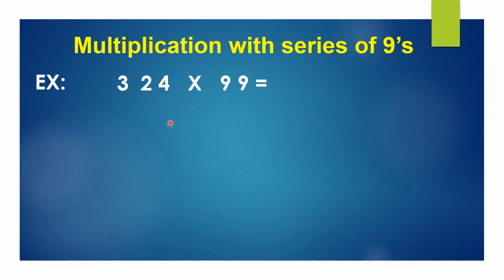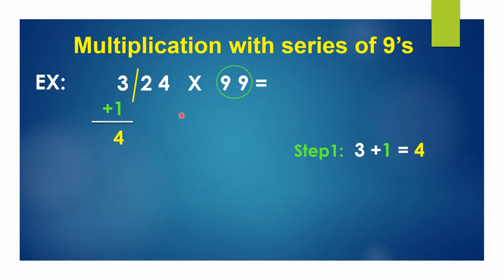So let's start. The first step, you can check 99 is a 2-digit number. So in the number by which we are multiplying, after 2 digits, you make one partition from your right hand side. So now the number has been divided into two parts. First part is 3 and the second part is 24. So let's start the method. Step 1, you add 1 to the first part of the number. That is 3 plus 1, it is 4.